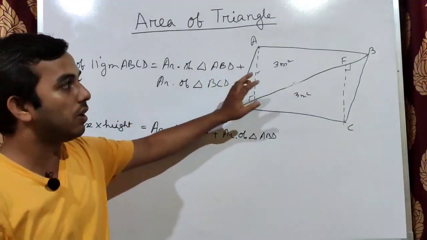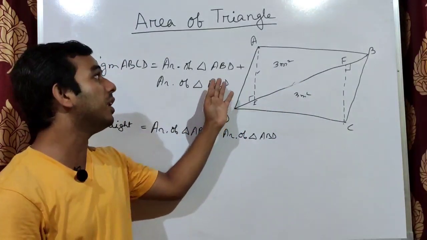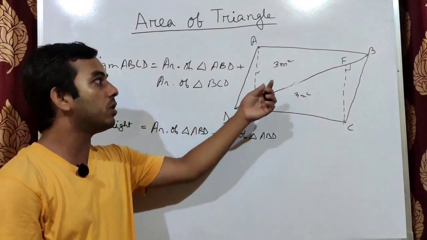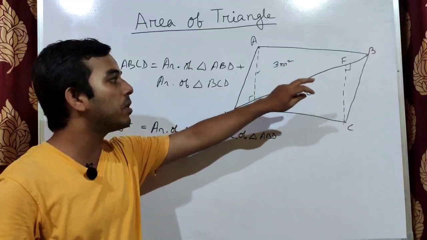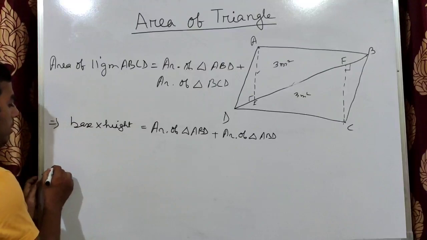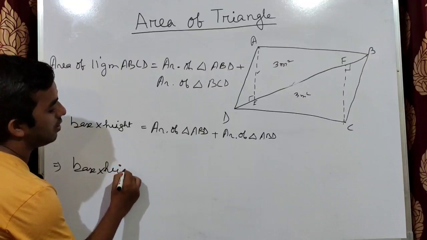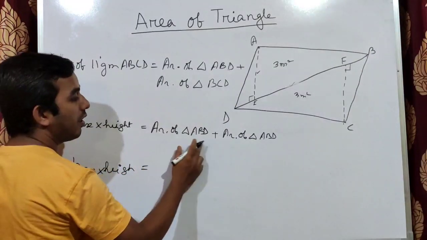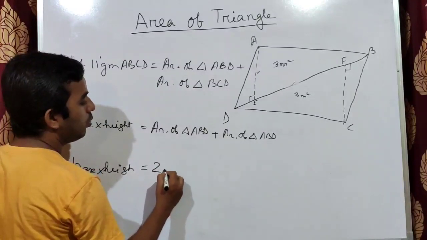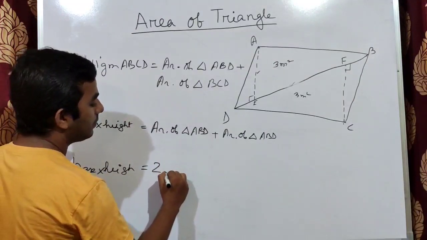Now if the area of both the figures are same, can we replace area of BCD with area of ABD? Yes, we can write. Clear? No problem, because this is 3 centimeter square, this is 3 centimeter square, we just change the name. So now again we will write base into height equals how many? Area of triangle ABD, 1 plus 1, so it will be 2 into area